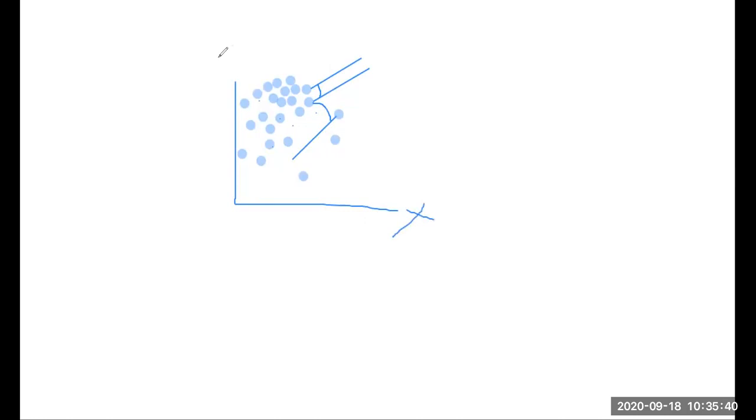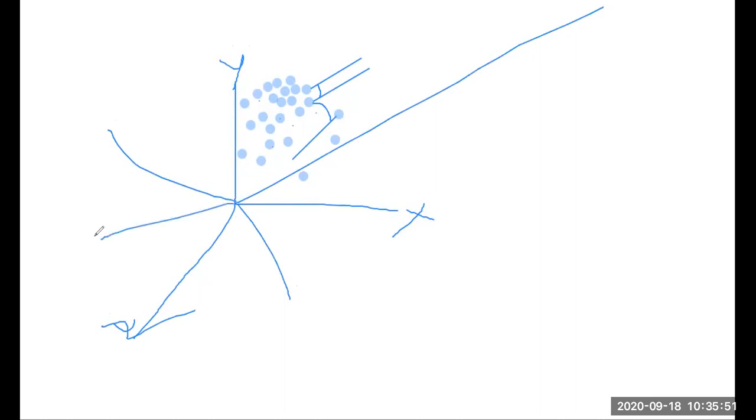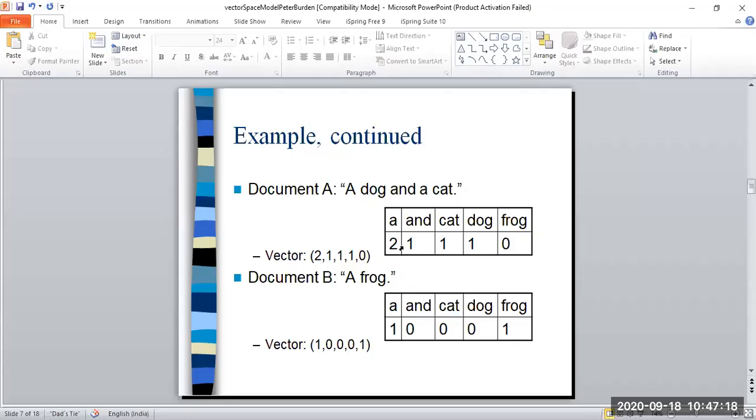So this is the x-axis, this is the y-axis. If I draw like this, this will be the z-axis. So there is a multi-dimensional space, and each vector here travels in whatever direction it wants. I hope you understood. Okay, let me stop here. That is why we have considered cat and dog here, in order to make the two vectors similar in size, and this is how the process is.